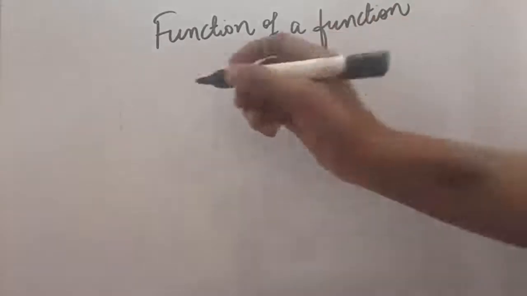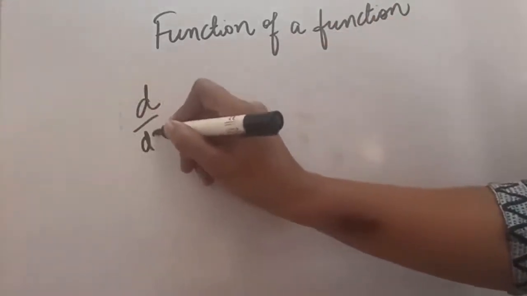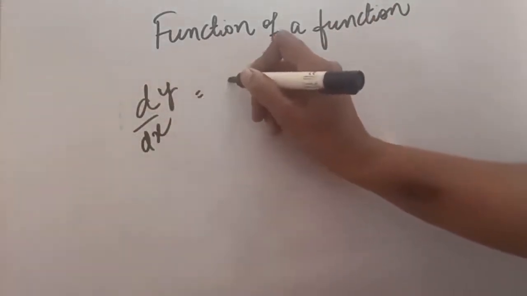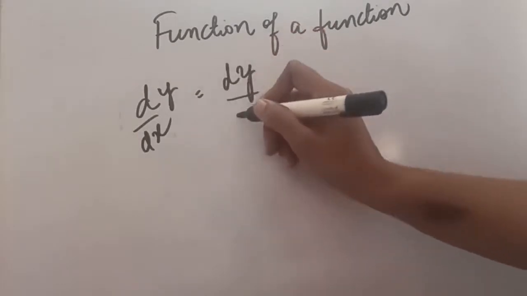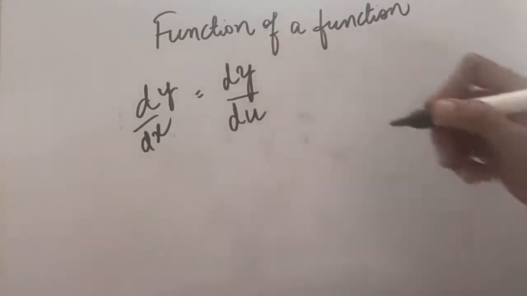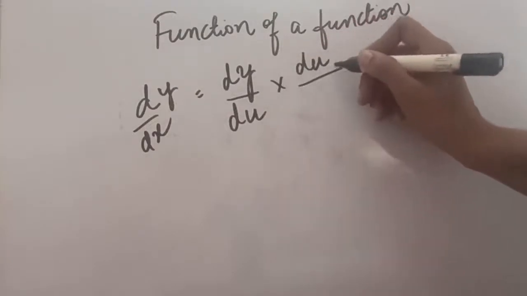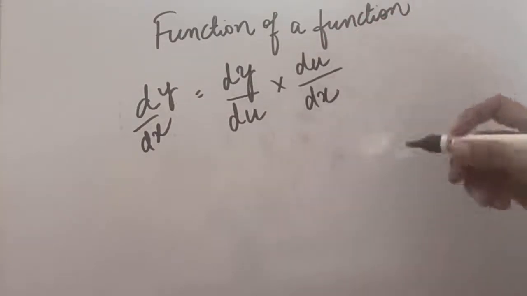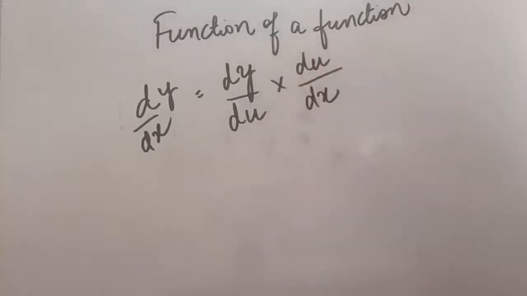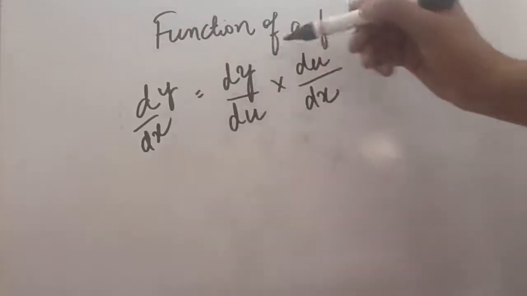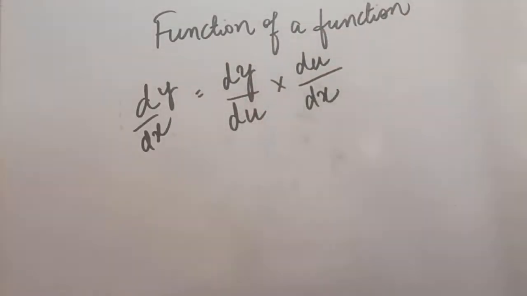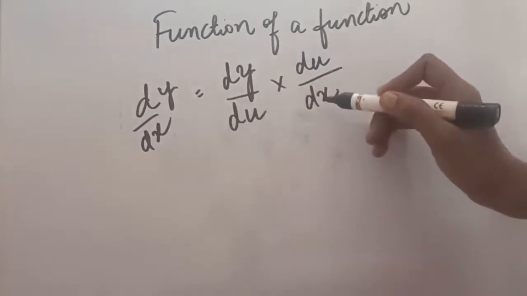Now the chain rule is the same. We have to take derivative of y, but here we will first take derivative with respect to u and then we will take u's derivative with respect to x. So ultimately you can see that u will be deleted and that will be dy upon dx, but we have to go by a chain only.